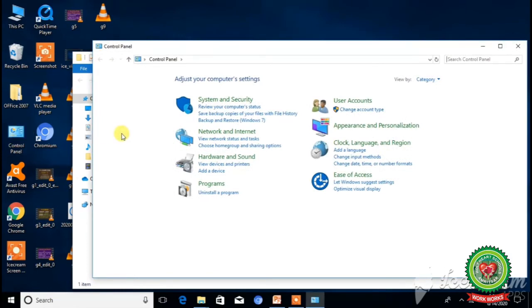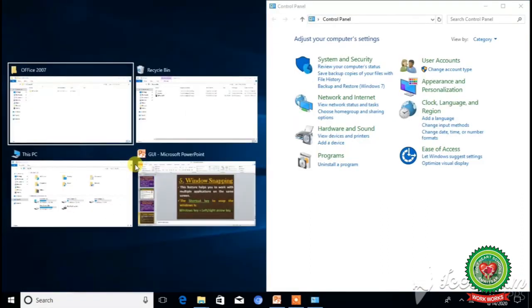So I have opened 4 applications on the screen, and instead of clicking on this task view button, you have to press window key plus left right arrow key from the keyboard.